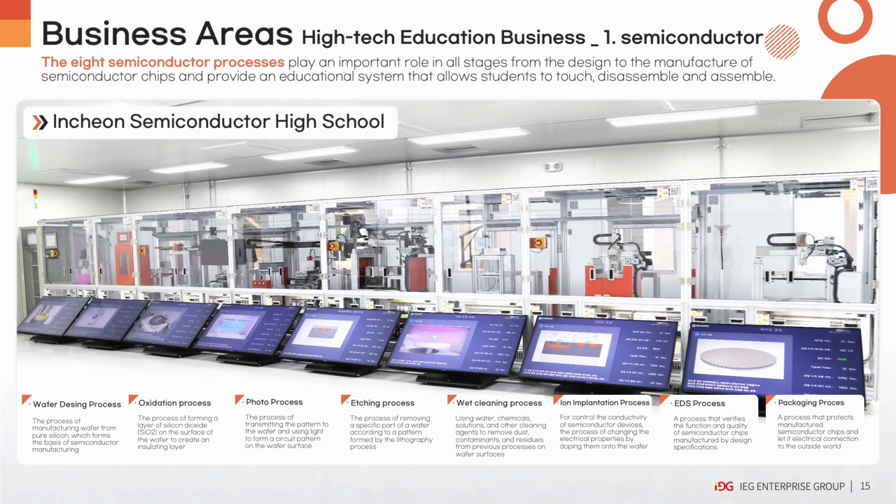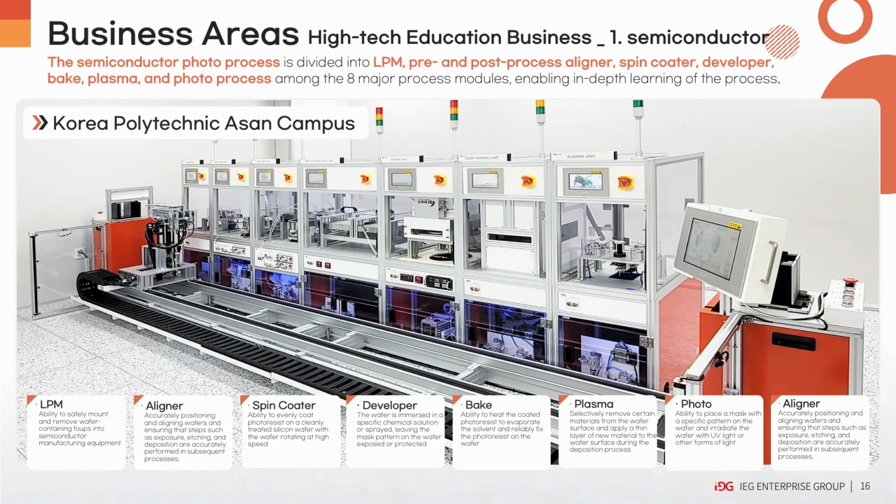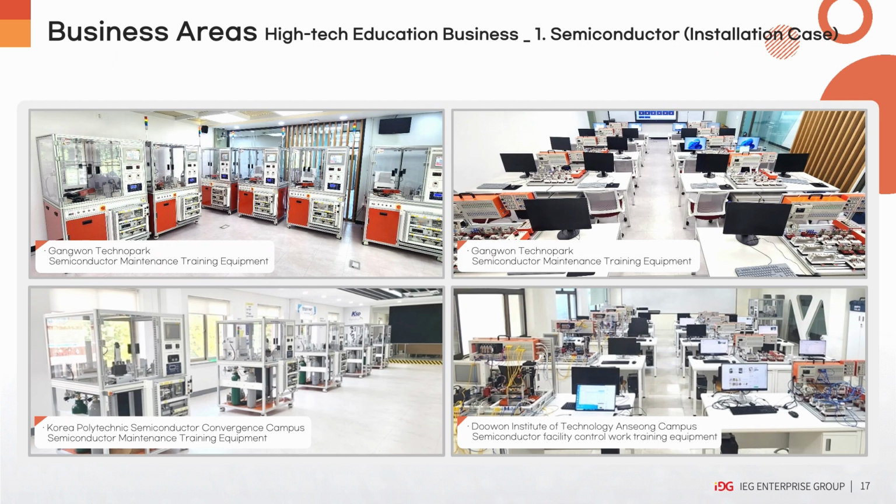from design to manufacturing. Among the 8 major semiconductor process modules, the photo process is subdivided into LPM, pre- and post-process aligner, spin coater, developer, bake, plasma, and photo process, enabling in-depth learning of the process. Educational equipment in the semiconductor field is supplied to educational institutions such as Gangwon Technopark, specialized high schools, junior colleges,